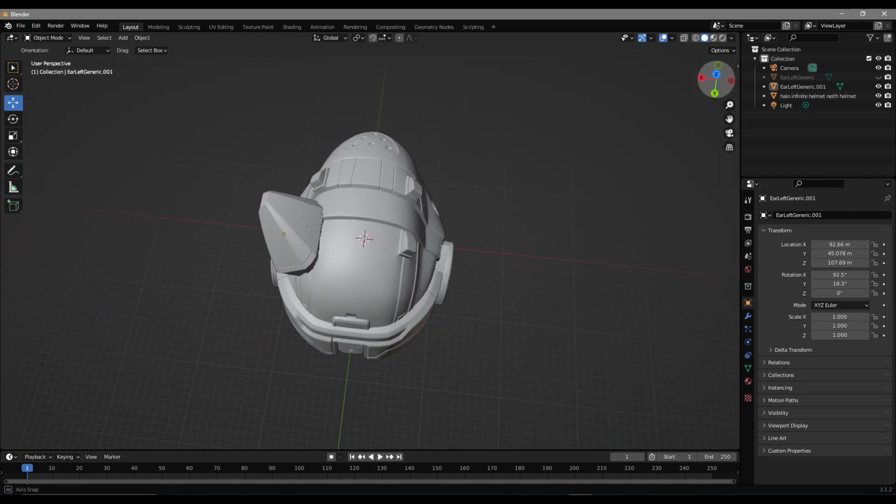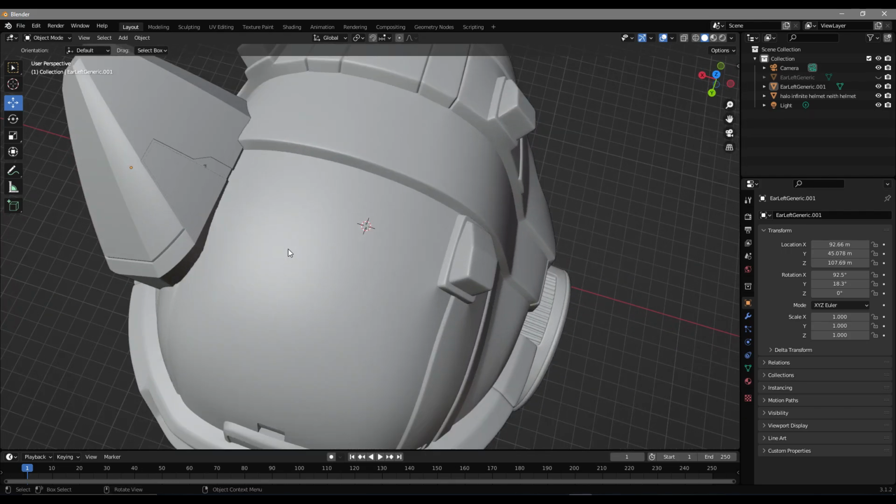Now that you have it close to where you want it, check for any helmet geometry poking through the ear.